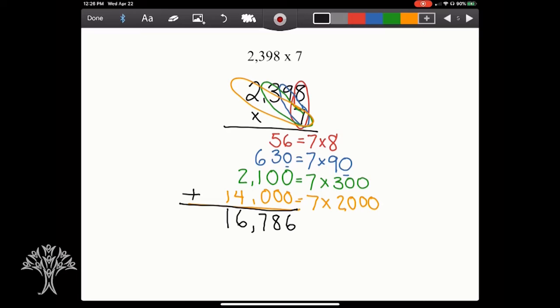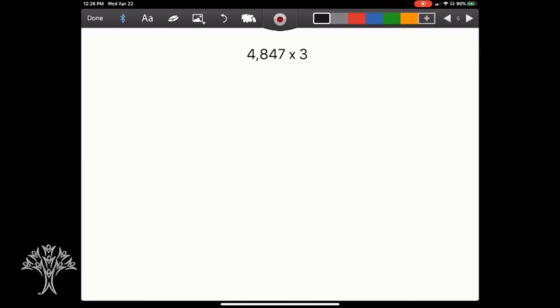16,786. So I know we moved a little quickly through that, but I want you to just get used to the process. So making sure that you're understanding the steps that we have to do in order to solve problems with partial product. We're always going to break it out by each place value when we're doing these multiplication problems. So we want to make sure that we are doing that process the same time every time. All right, let's look at our next practice problem.